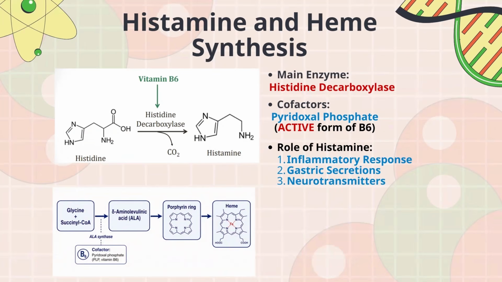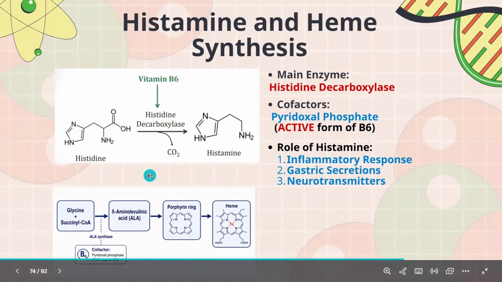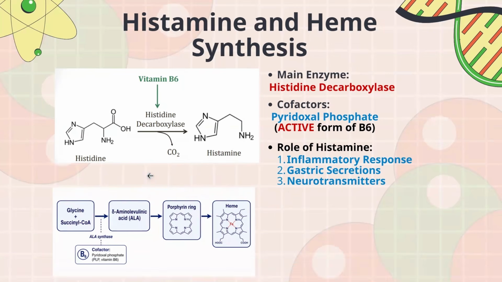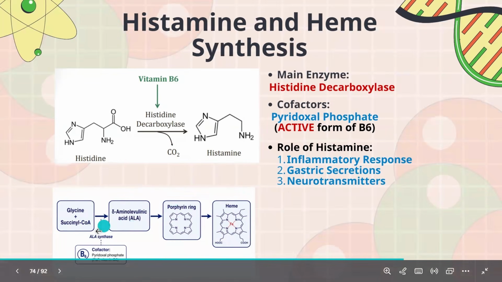Okay, heme is synthesized from glycine and succinyl CoA. So histidine and heme are not correlated, by the way. This is another important thing I'm talking about. They're split apart. So histamine is from histidine, and heme comes from glycine and succinyl CoA. This is mainly facilitated by an enzyme called ALA synthase. And the cofactor here is also B6. And by the way, for B6, in all of them, it is the active form of B6, which is pyridoxal phosphate. And then we eventually form ALA from ALA synthase.